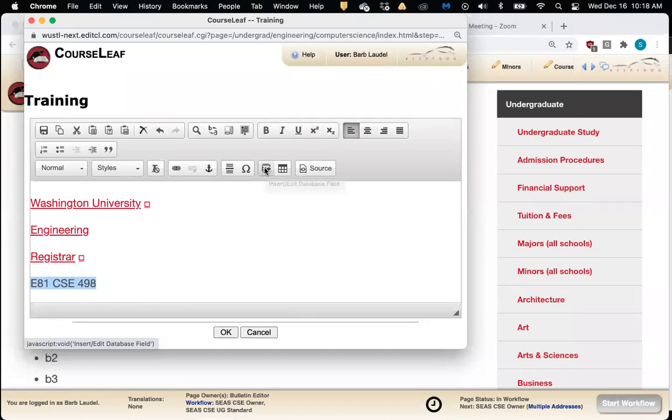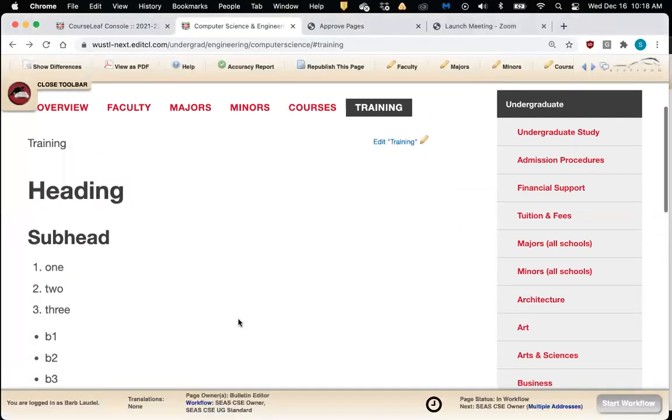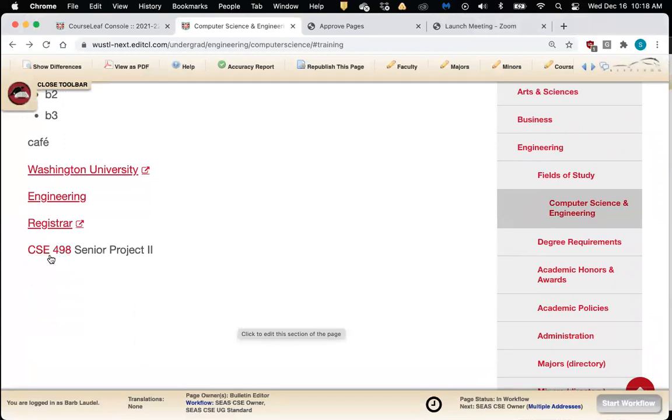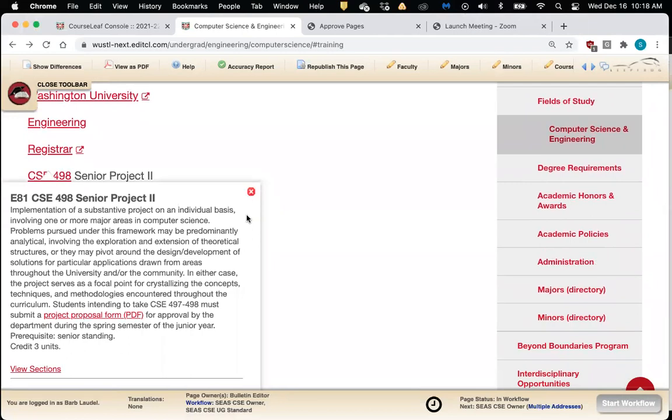One of my colleagues describes it as a stack of pancakes. I don't really know about that, but in any case, when I click on that, it will then generate this blue box, and I'll see that course code reappear in a different format with the name of that course. Now what that looks like from the user standpoint is, when I click OK here and I scroll down, the user, when they see this on the page, can click on this and it will then generate that pop-up box with the description of that course.